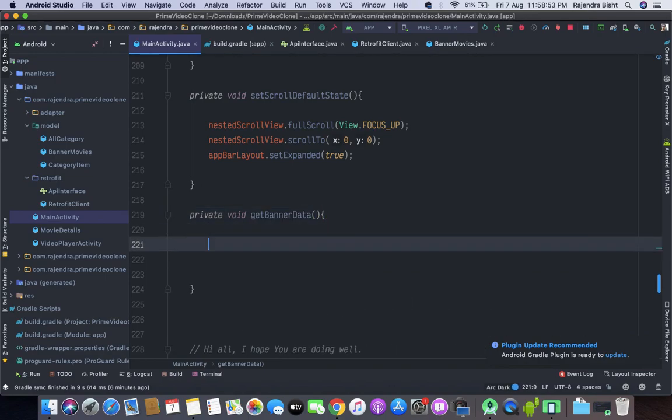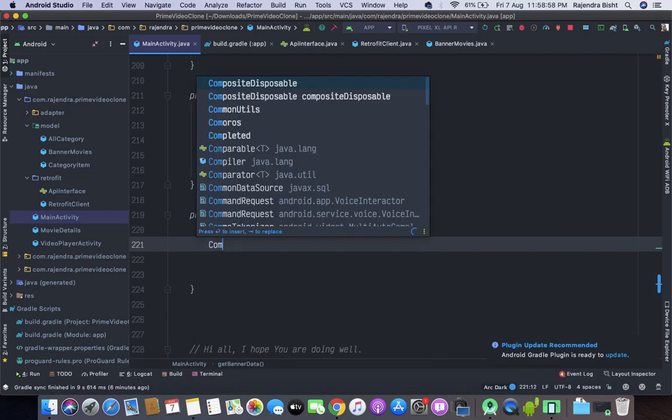Inside this method I will write the code for fetching the data from the server. So let's do this.